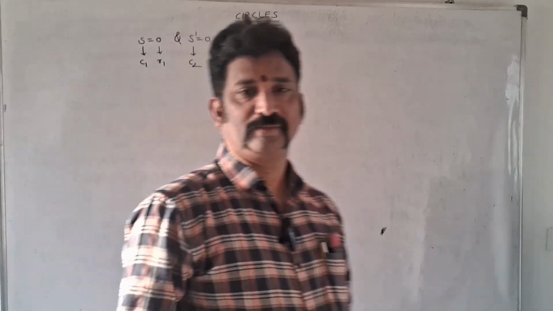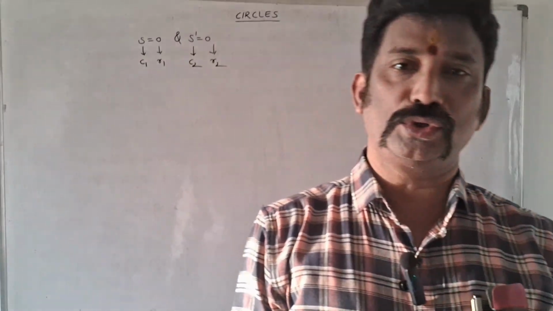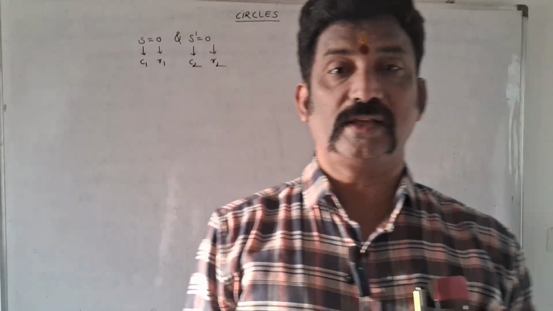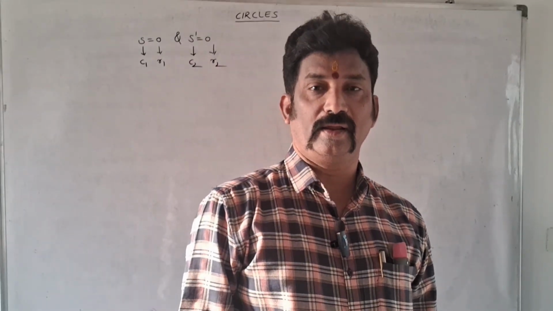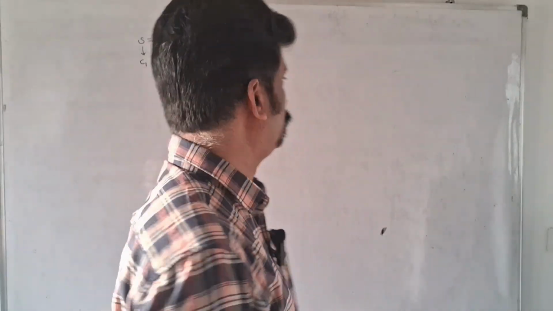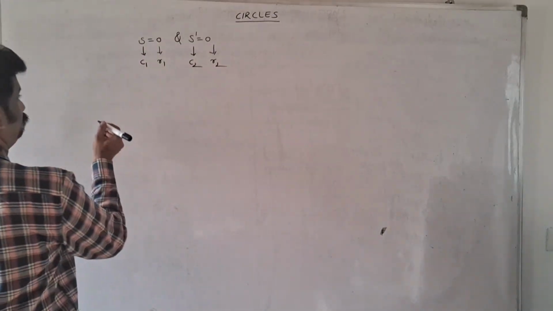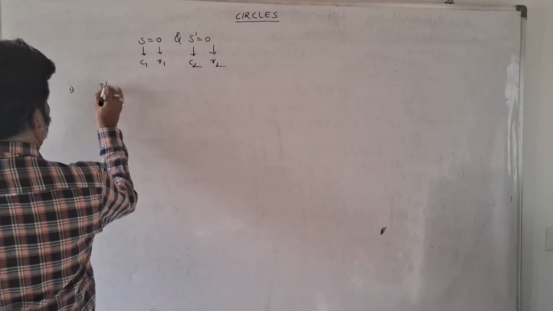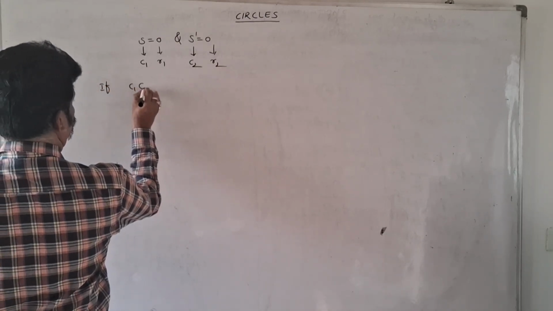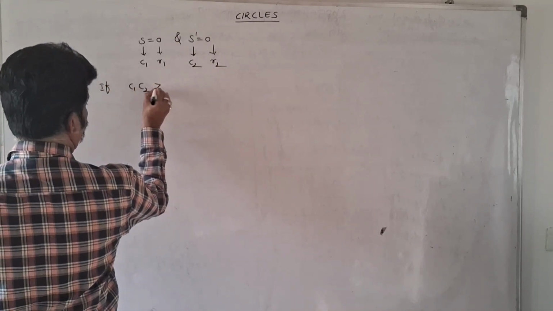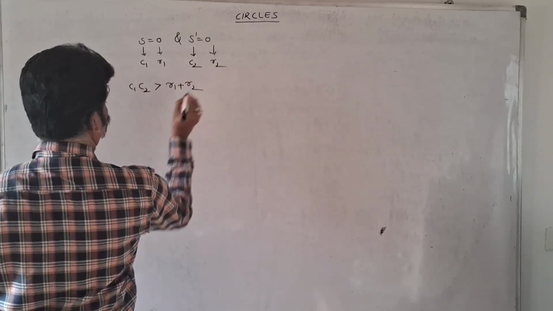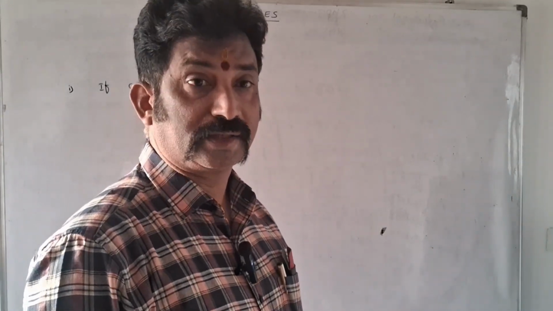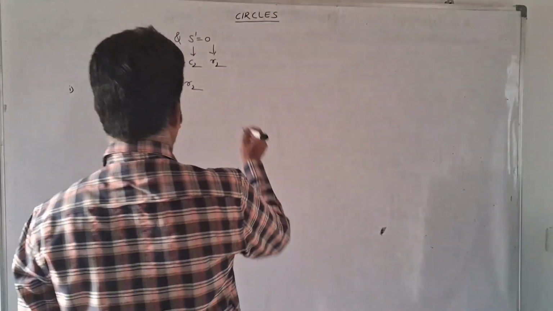respectively. I repeat, let S equals 0 and S dash equals 0 be two circles with the centers C1, C2 and the radii R1, R2 respectively. Now here, the first point is: if C1C2 is greater than R1 plus R2, the distance between the centers is greater than the sum of the radii, then